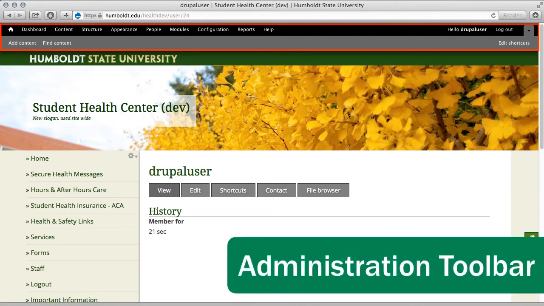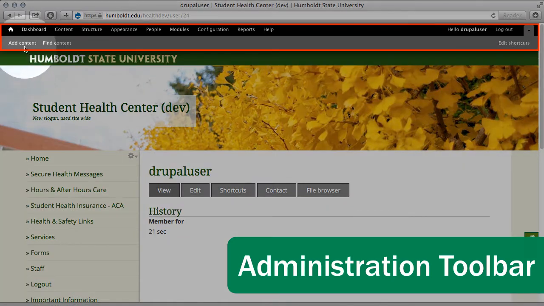The administration toolbar is located at the top of every page. It's split into 3 areas. Links to each of the major administrative sections: dashboard, content, structure, appearance, and so on. The user menu on the right side of the page, which lets you link to your account page, and there's also a logout button. And the shortcuts menu in gray, which is where you can add bookmarks, links to commonly